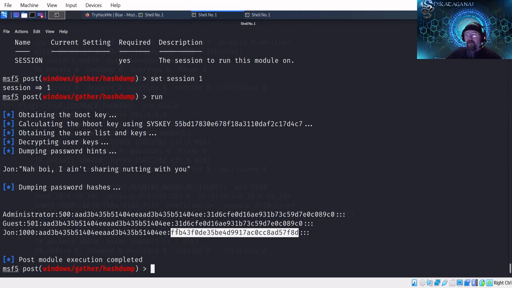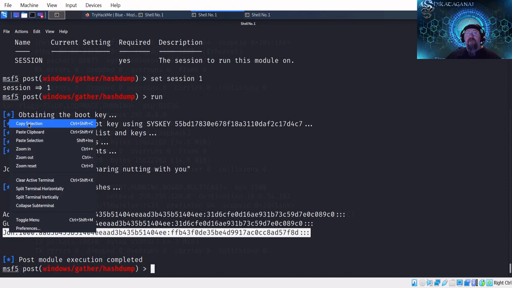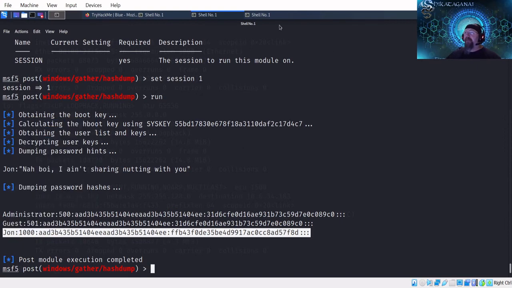What we're going to try to do is grab these credentials here, put them in a text file, and use a tool called John the Ripper to see if we can crack old John's password here. All right, let's grab that. Let's see, how do we want to do this? I'm going to try all of it first. If it doesn't work, then we'll cut some of the other stuff,